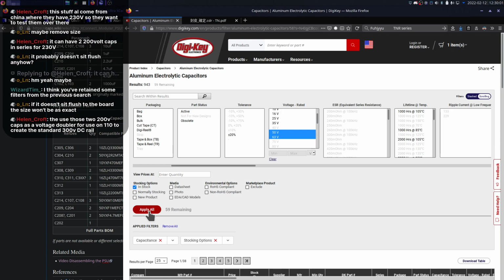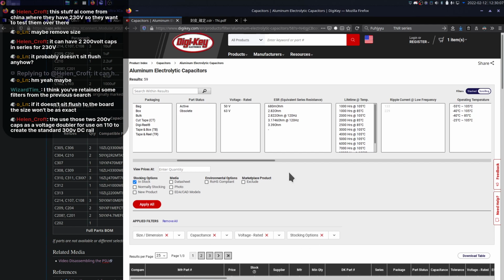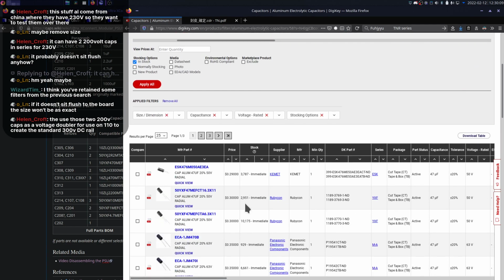You've retained some filters. Yeah, but only the capacitance. The capacitance is what's set and then stocking. Make sure it's actually in stock. Because, okay, this is